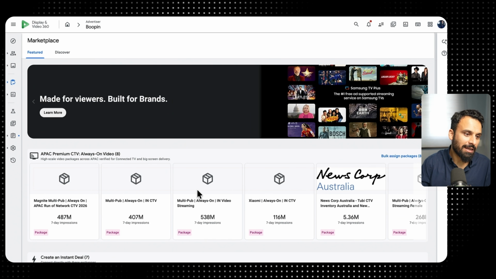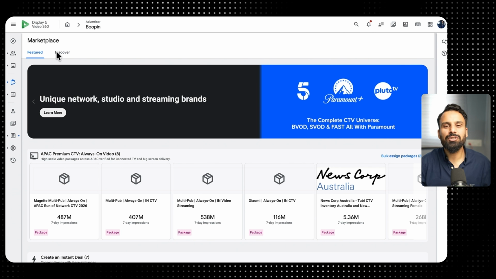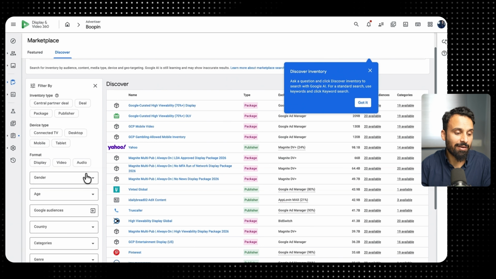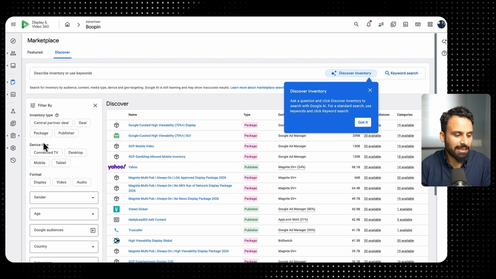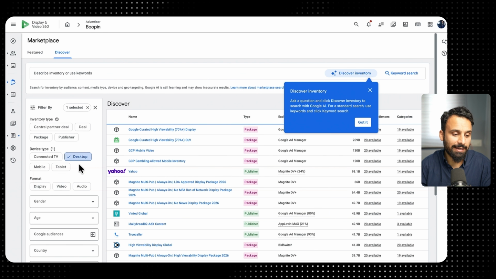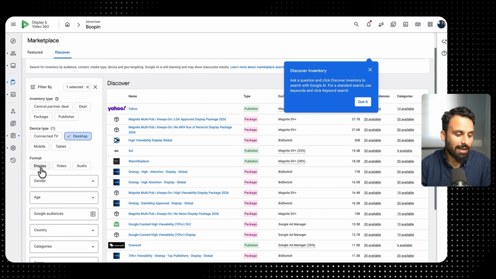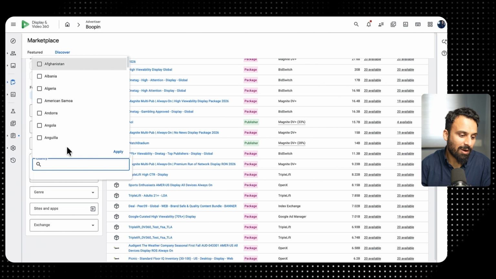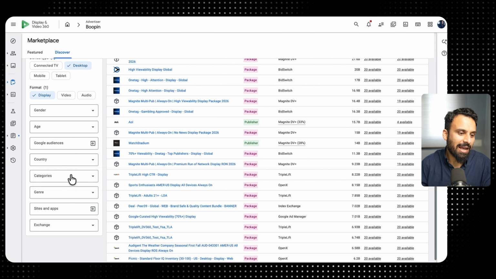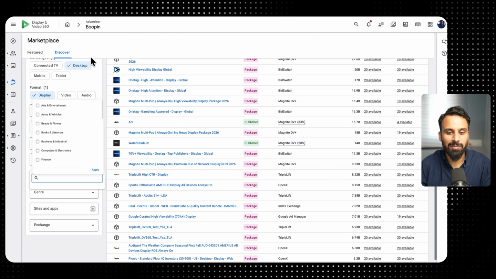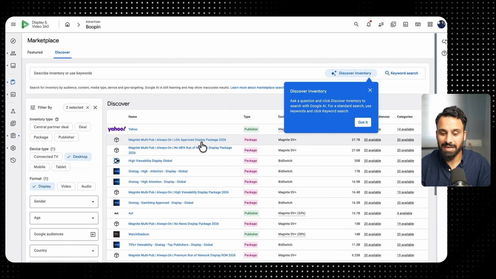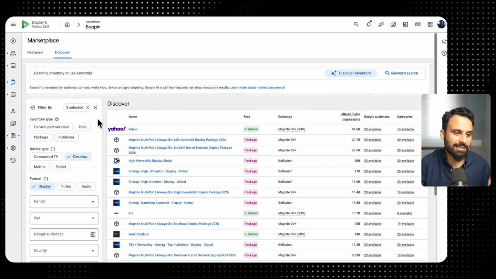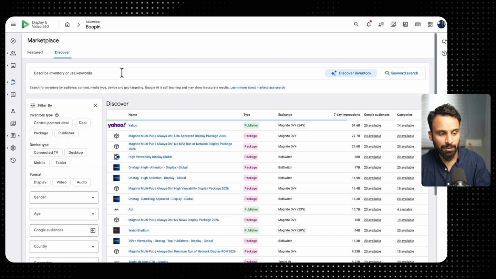For example, let's say I'll click on discovered. Featured shows you the most used ones. Actually, this tool helps me to understand if I want, let's say, connected TV or desktop inventory. I want to buy desktop inventory. I want to buy display. I want to target a certain gender. I want to target certain countries. And then I want to target certain categories of websites. I will select whatever and it will give me the best options and websites available for this targeting here, right? Or I can directly go, let's say, for example, I already know I want to run a campaign